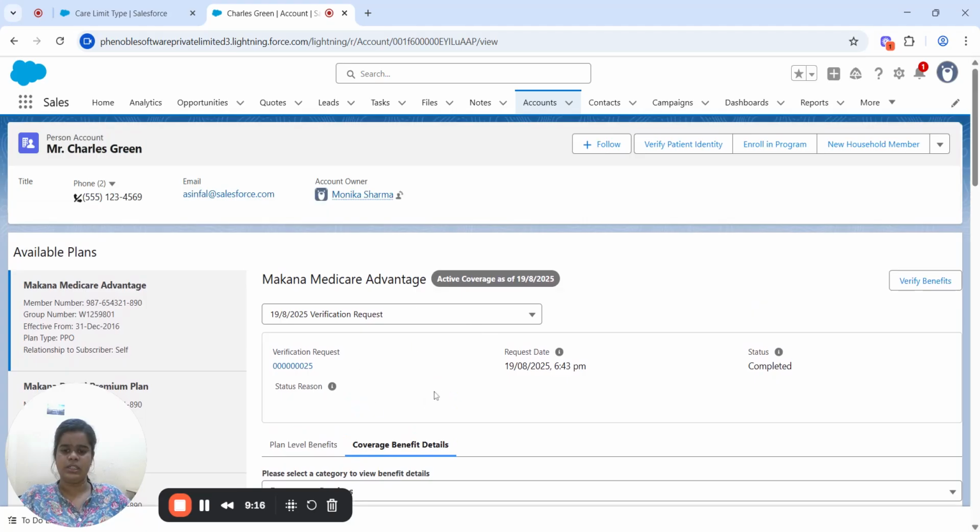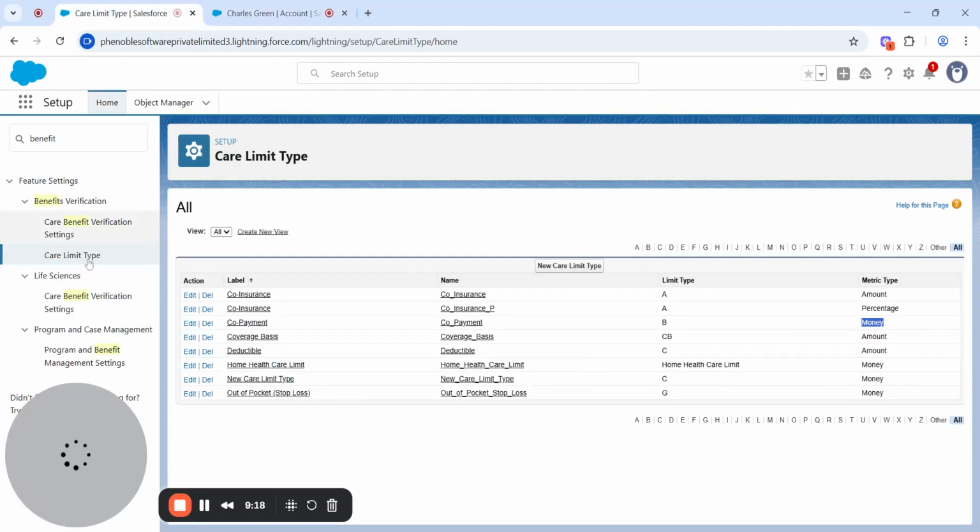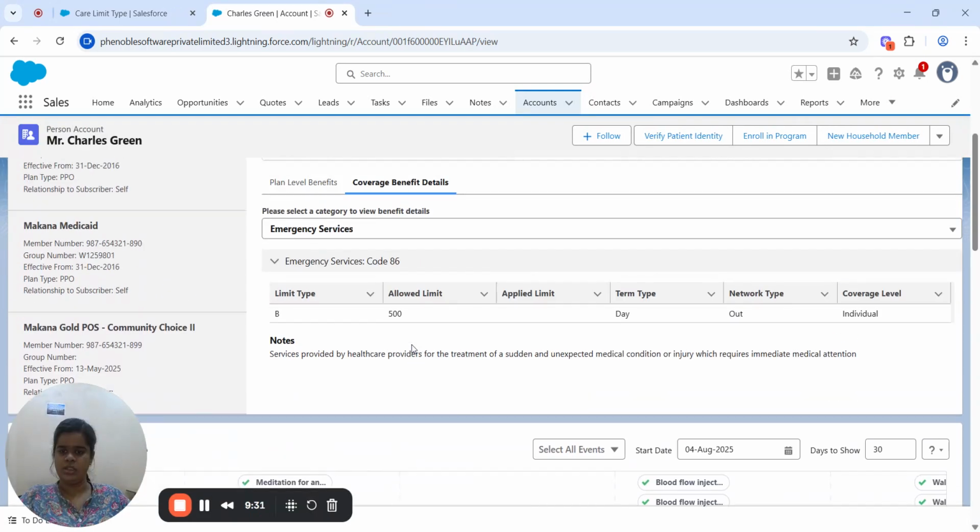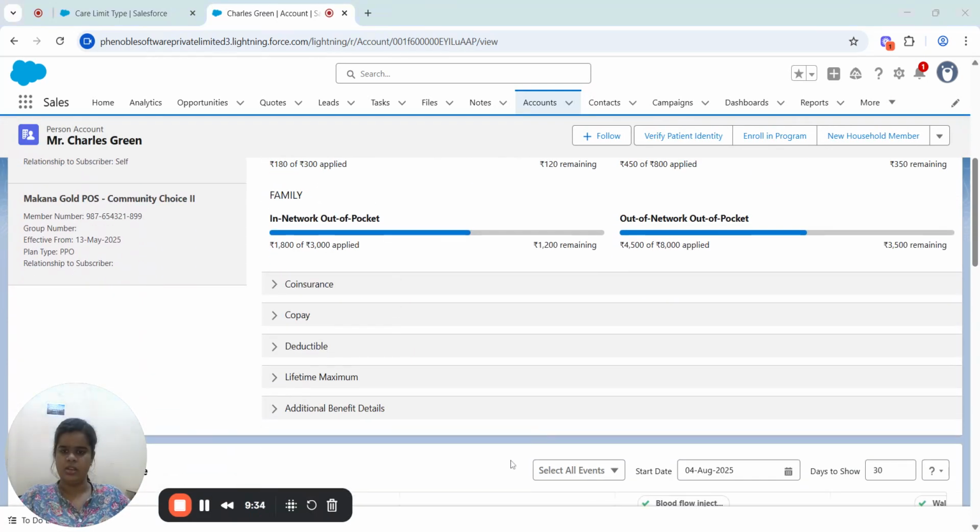And this is the setting for how we can set up this benefit verification in Salesforce. So what information can you see here? We can see plan level benefit details, like what's included in the insurance and what is not included in the insurance.